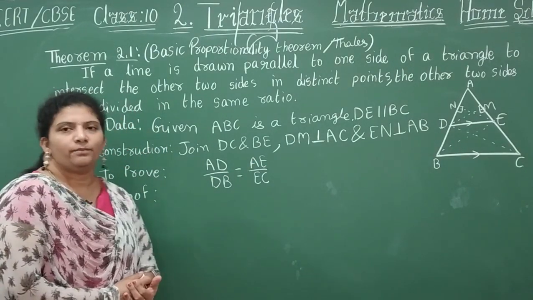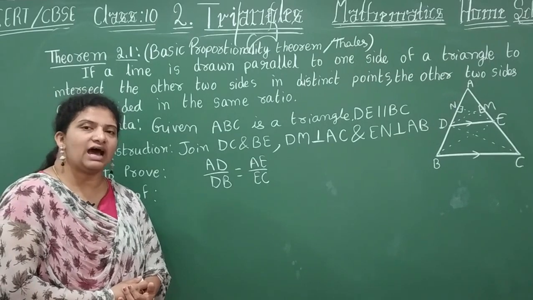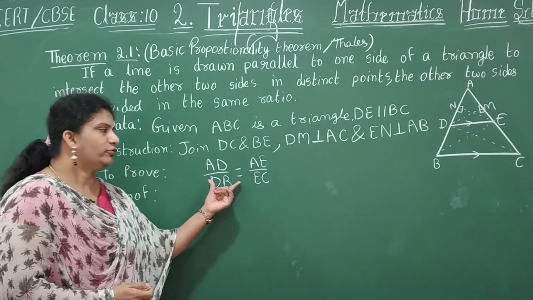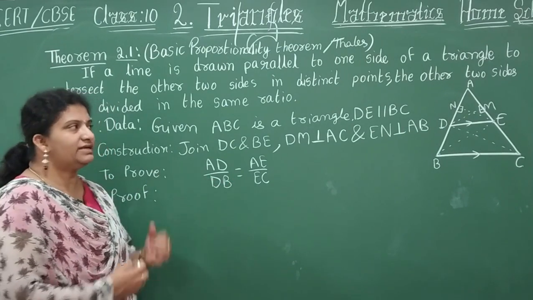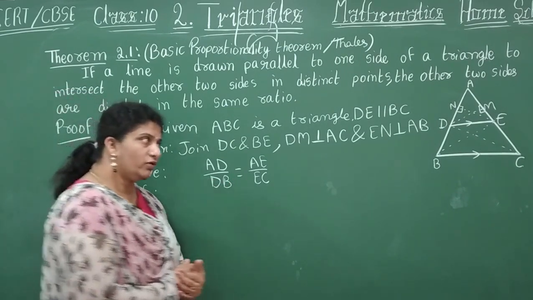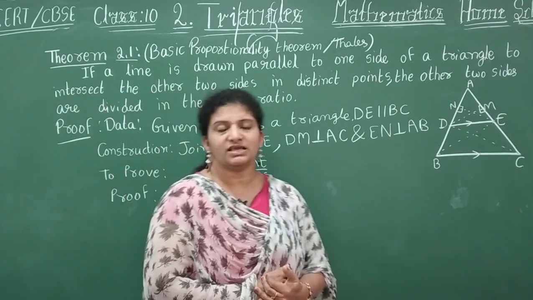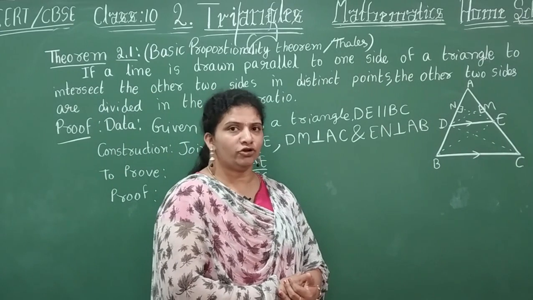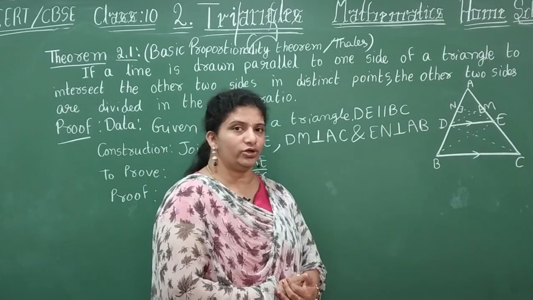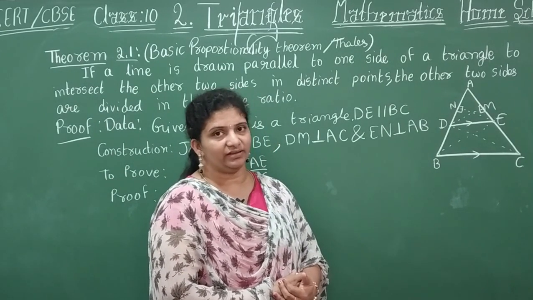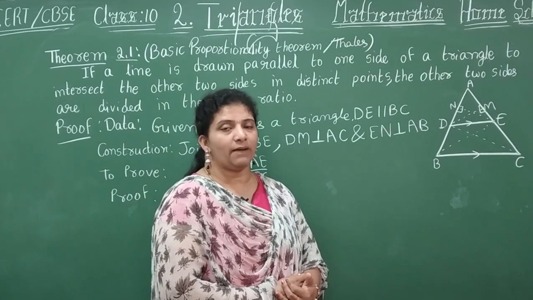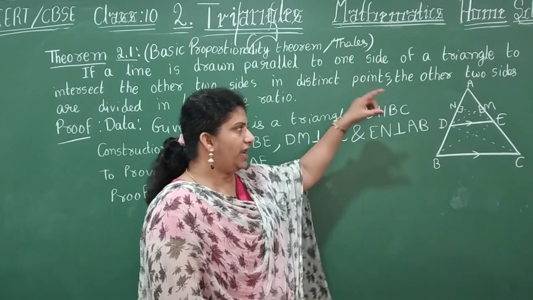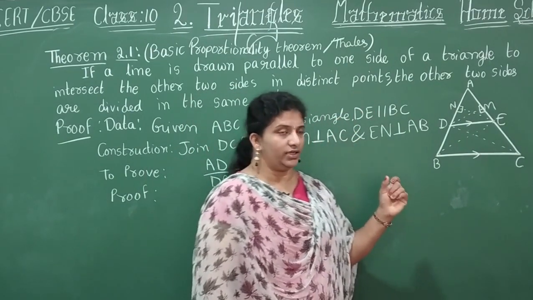Next, proof. We are going to start our proof. How are we going to prove this one? Let us consider. I am going to give you a small hint before doing this. We are going to take two triangles, compare and write the sides. Apply the formula and then write the ratio. So now look here at how we are going to compare.